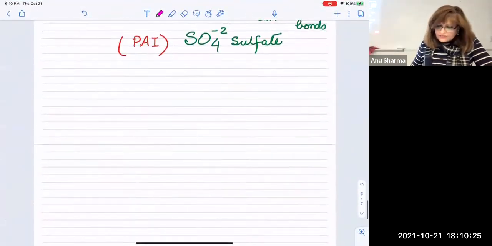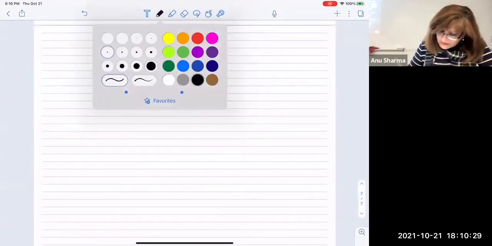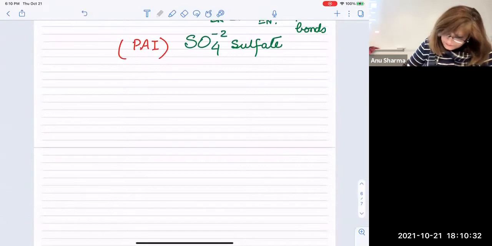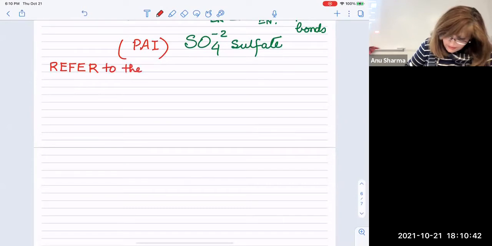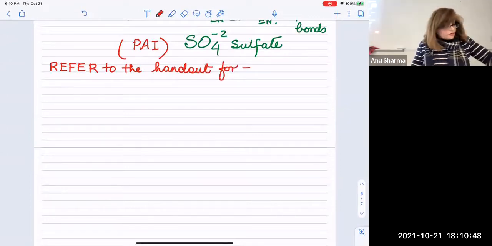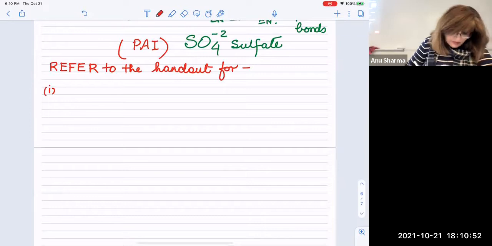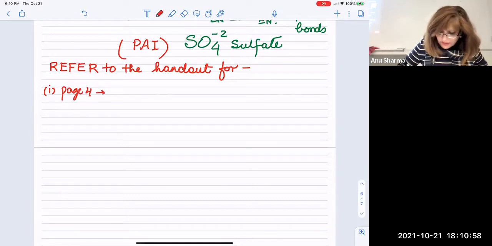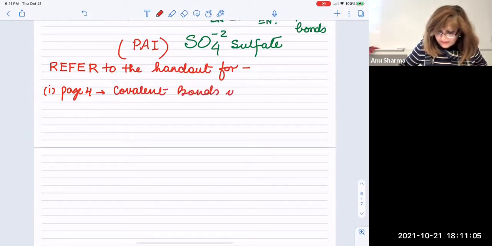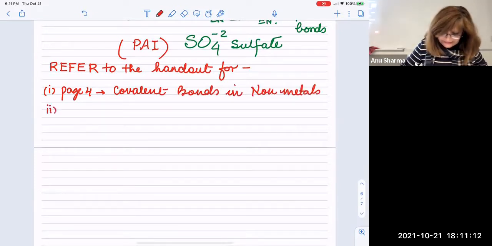Now let me put a note here: for doing all these, refer to the handout. For number 1, that is on page 4. These are the covalent bonds in nonmetals. So this is one. Next is on page,